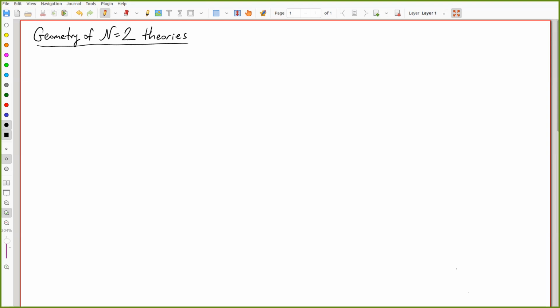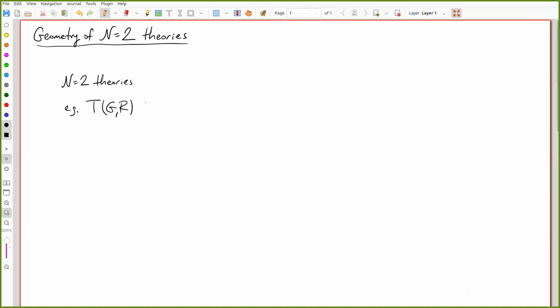So what am I going to talk about? These talks are almost like a service course. They're not going to contain anything very new, I don't think, but it's a review of some classic stuff about n equals 2 supersymmetric field theory. The broad plan is this: I'm going to say a little about what an n equals 2 supersymmetric field theory actually is. But the main thing I'm going to tell you is that there are a bunch of examples,